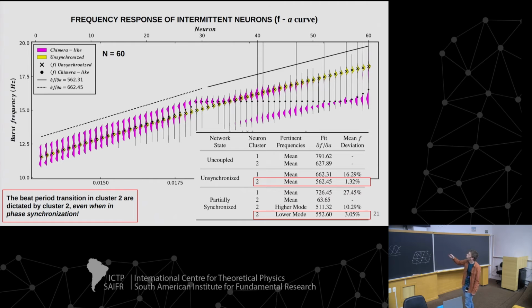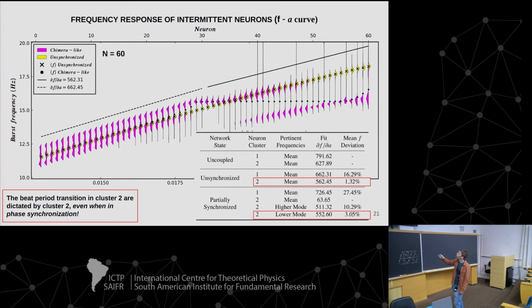Here you see that the dots are the mean frequencies. So they match mean frequencies when they are synchronized. The magenta color are the frequency distributions when synchronized, and the yellow color is the frequency distribution when unsynchronized. You see when these neurons are synchronized, they have a bimodal frequency distribution where the most probable are far from the mean frequency. Then we show that there are these 2 frequency modes here that follow that frequency response.